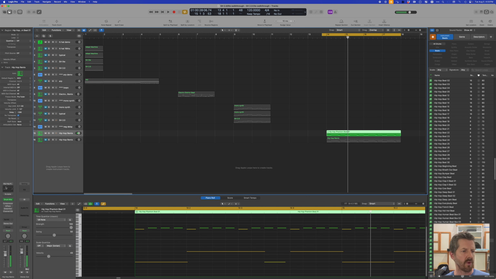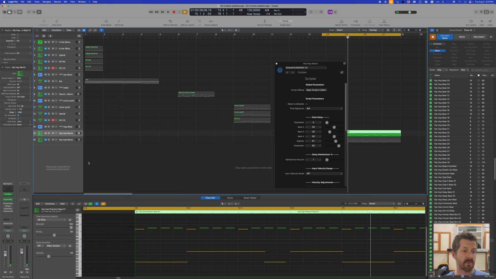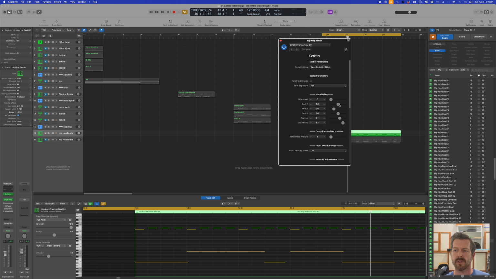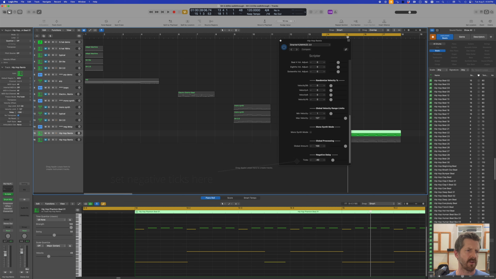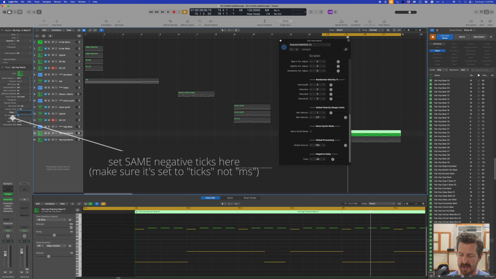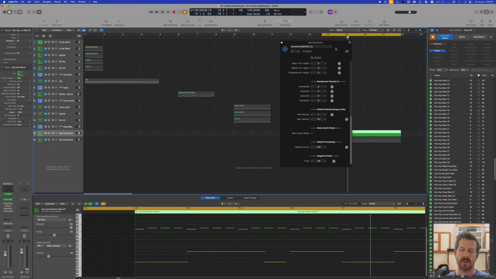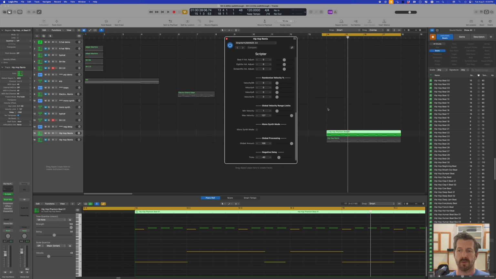And if you do want to have things play early, now there's a new setting in SmarterHUMANIZE 2.0. You can actually dial in a negative delay. The most important thing is you dial it in whatever you want in ticks. You make sure that it's matching over here in the negative delay section. So negative 40, negative 40, they have to be the same. And it does a subdivision here for 40, but make sure they're always the same and it should work. So if we play it now,